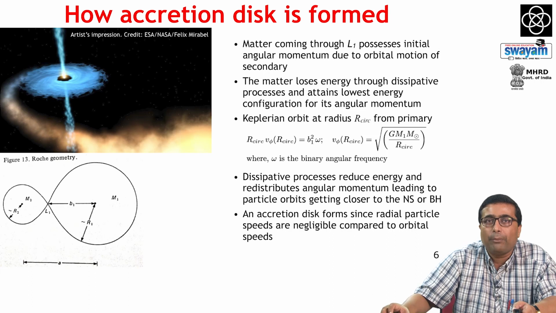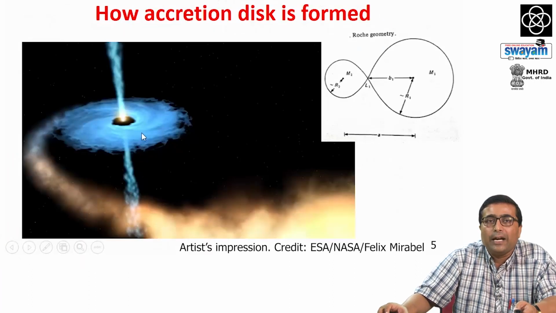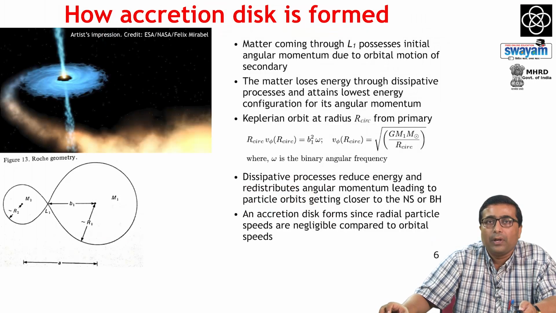This matter will lose some energy by dissipative processes and attain the lowest possible energy for that particular angular momentum, hence is expected to be rotating in a circular Keplerian orbit around the neutron star or the black hole at a distance r_arc from the center of the primary. So, it forms a ring of matter at a distance r_arc from the primary star, and this r_arc will be given by, due to the angular momentum conservation, this equation